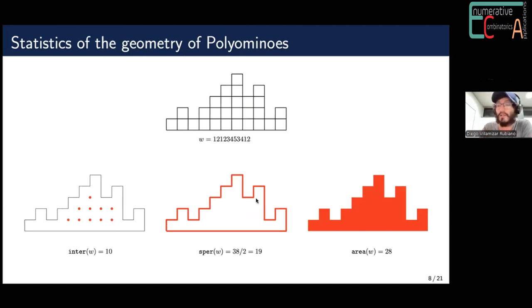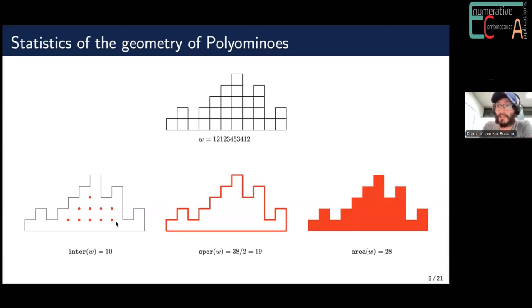Then you know that if you traverse the border of this picture, you have to have gone up the same number of times you have to go down, and the same for right and left. So that means the perimeter is divisible by 2, and you can divide by 2 and get this semi-perimeter. And the interior points are the points that do not touch the boundary. So these are the three statistics that we discuss in here.